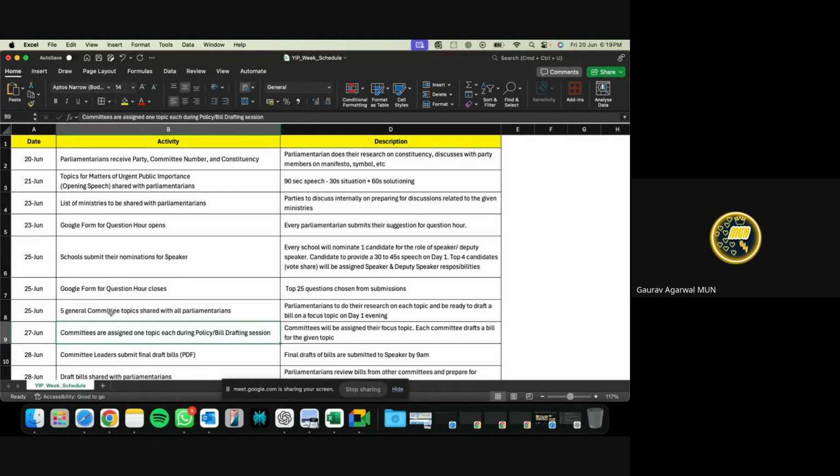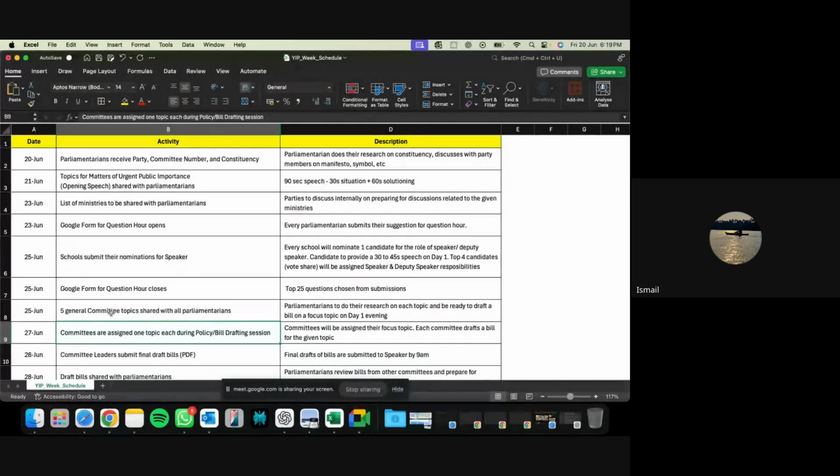So the posts like prime minister and so on will also become irrelevant? No, we will exclude them from discussions during the session. But as a lead up to preparation for the session, we will want everyone involved. So irrespective of what role you're going to be assigned during those 2 days, you will prepare right now for the committees until day 1 at least. Even on day 1, we have a small session on rules and a little more detail on how the activities would follow. But until then, everyone will be preparing for this. Yes, sir. Thank you, sir.